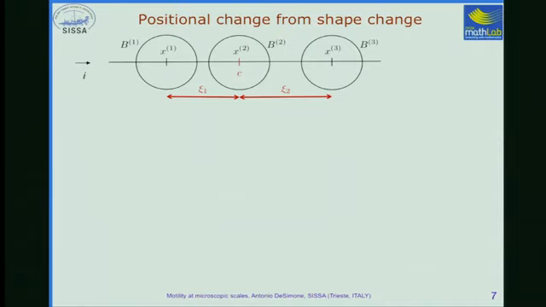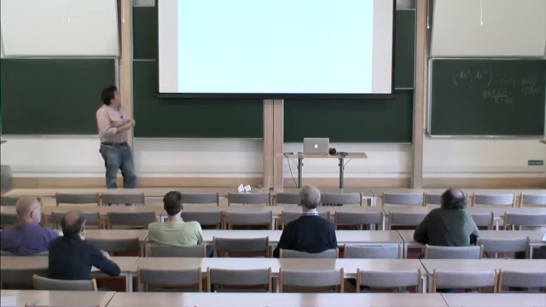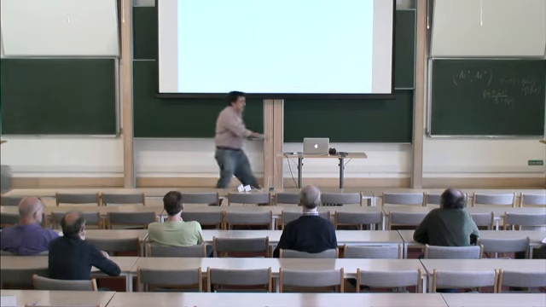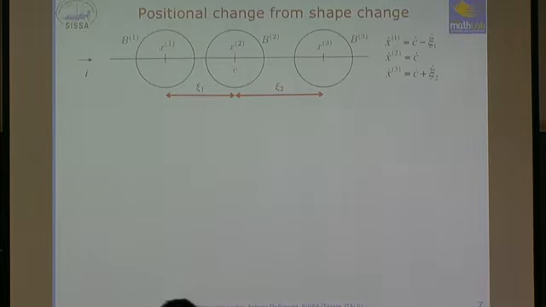However, you can also parameterize this with the position of the center of the central sphere, for example, and the distances, psi1, psi2, because c plus psi2 gives you x3, and c minus psi1 gives you x1. Elementary, and we can take the time derivative,